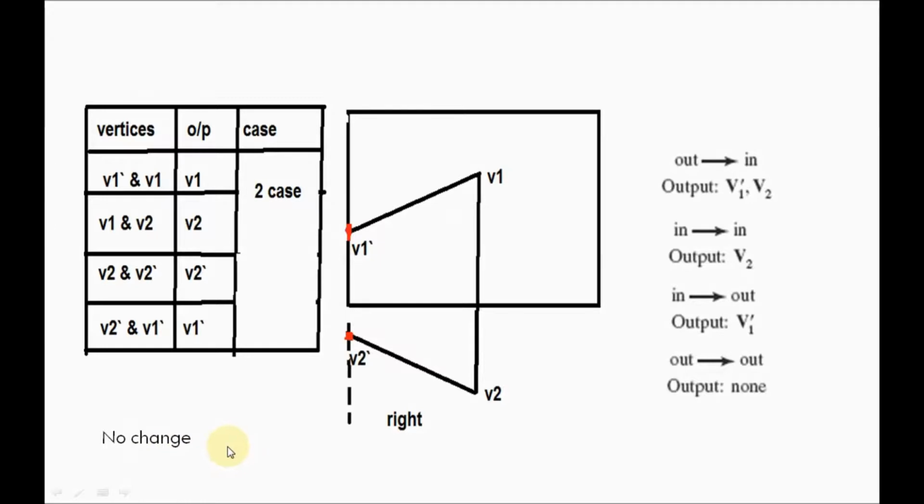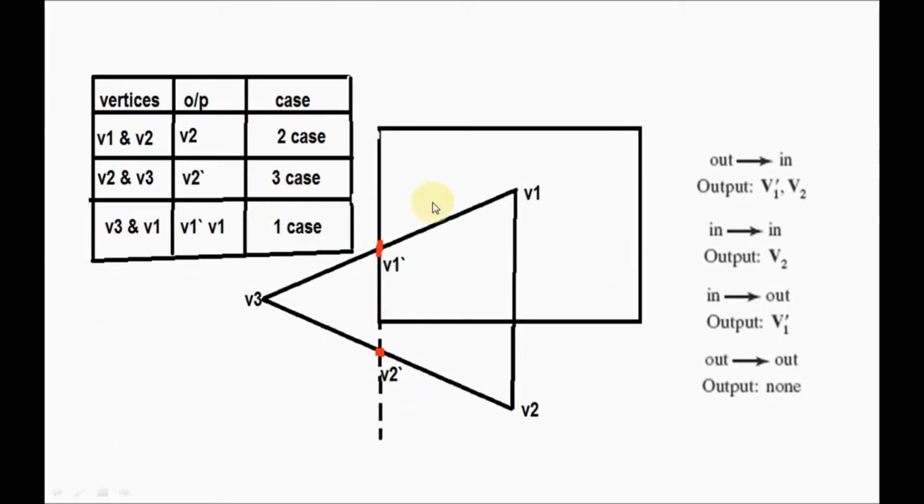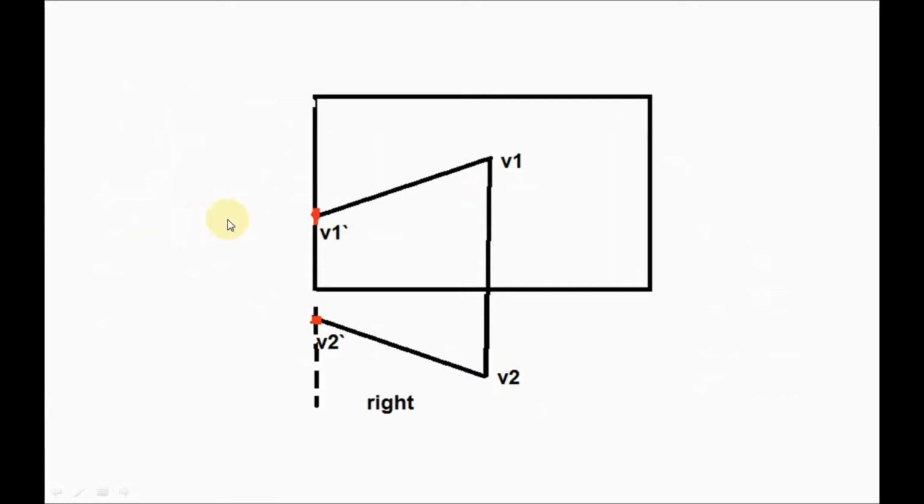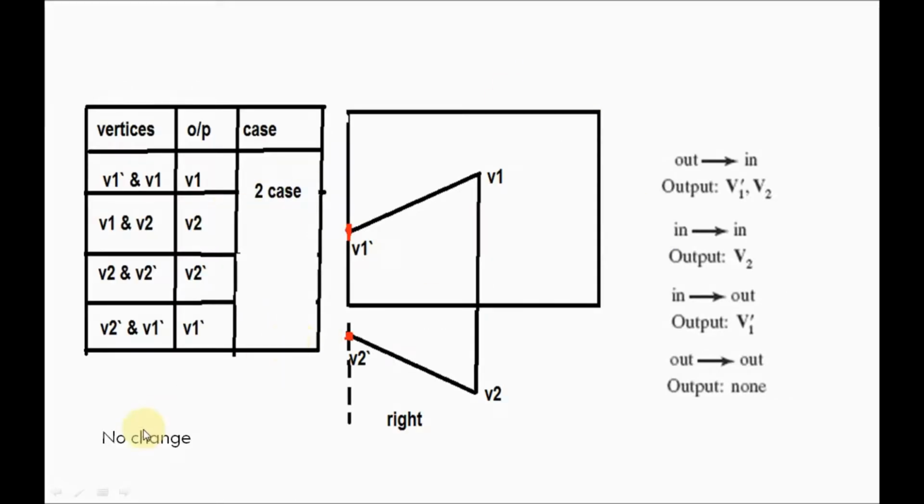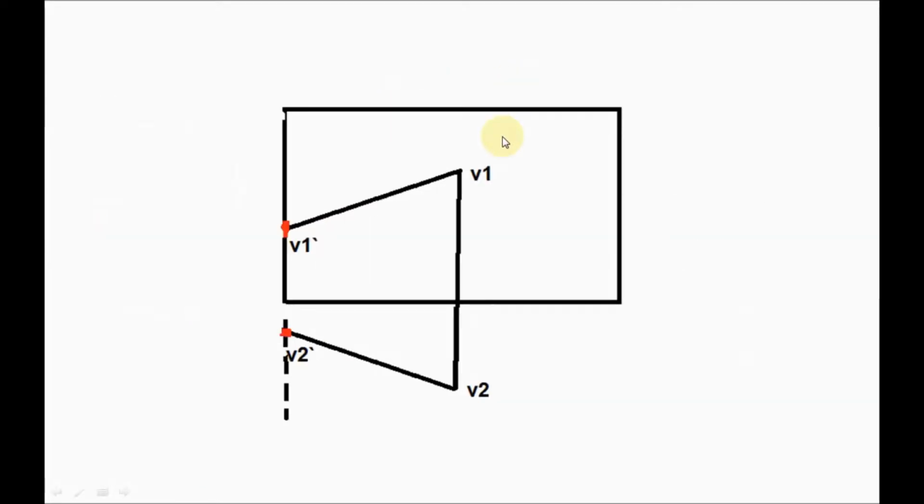Now I have clipped the polygon on the left side and also on the right side. Getting, guys? So this is the left side clipping, as I explained. Now this is the right side clipping, but on the right side no change will happen. Now I have to clip the top side. So this is the output after the clipping on the right side. No change happened, so the same polygon will be there.